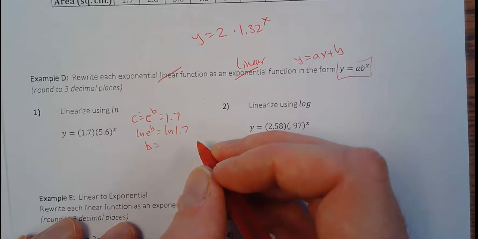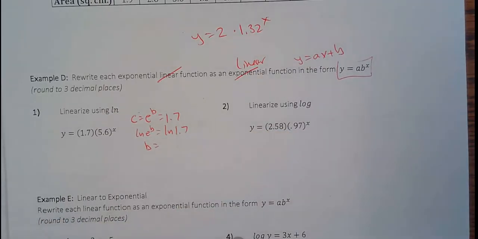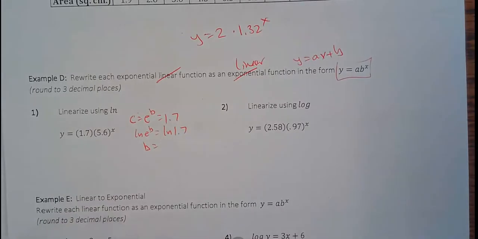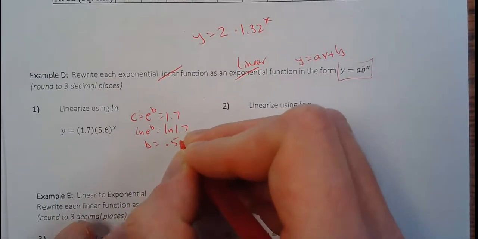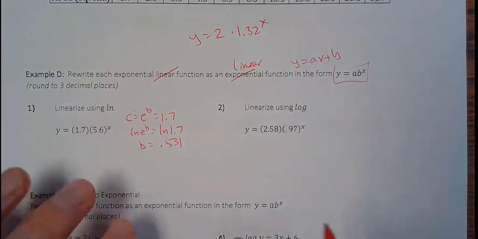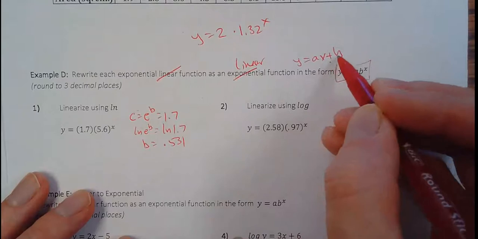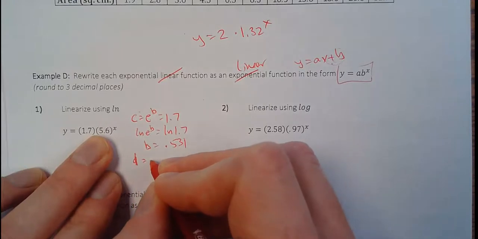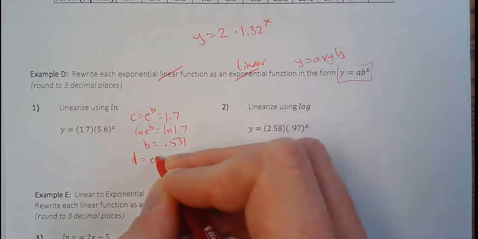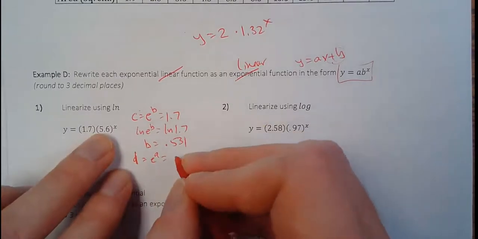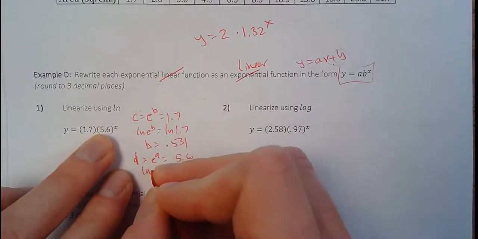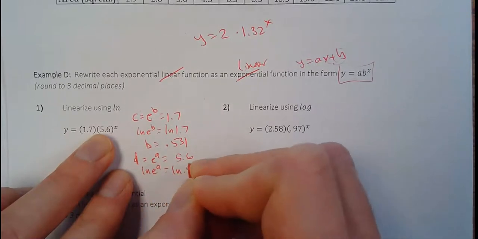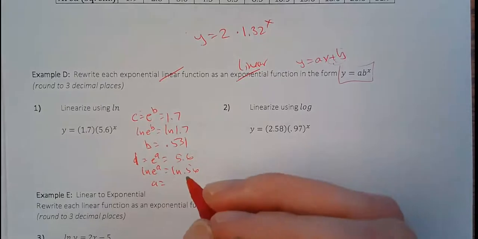I'll just redo it. I had it written down in my notes, but the natural log of 1.7 is 0.531. Okay, so that's your b, that's your number on the end. And then here the d, so the rate, equals e to the a, which is 5.6. So if I want to find a, take the natural log of e to the a, the natural log of 5.6. So a is going to equal